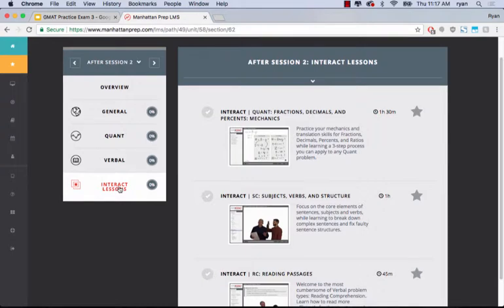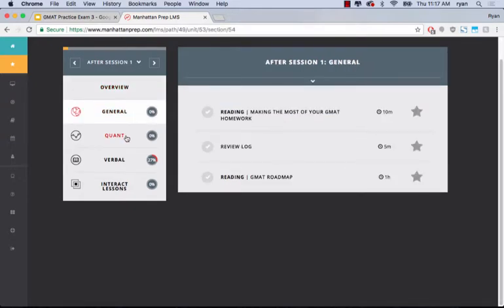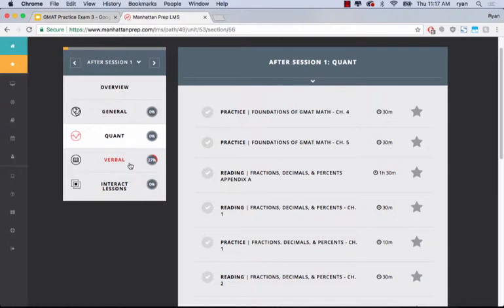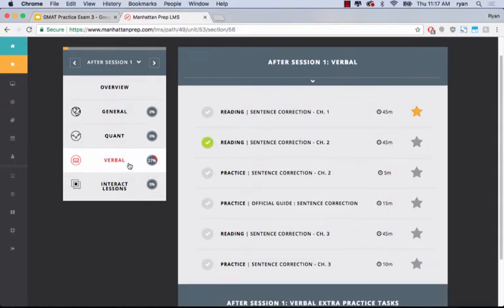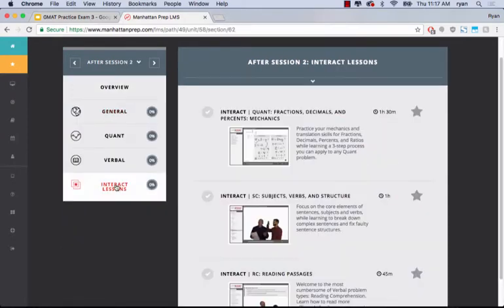Okay? So in other words, let's say you've just taken session 1. Most of the homework you're going to do, you're going to click after session 1 and you're going to click general, do all that stuff, click quant, do all that stuff, click verbal, do all that stuff. But when it comes time for the interact lessons, skip ahead a week and go after session 2 interact lessons